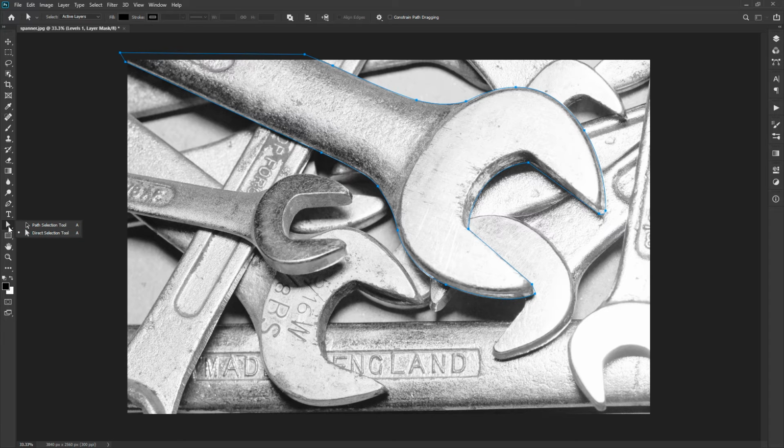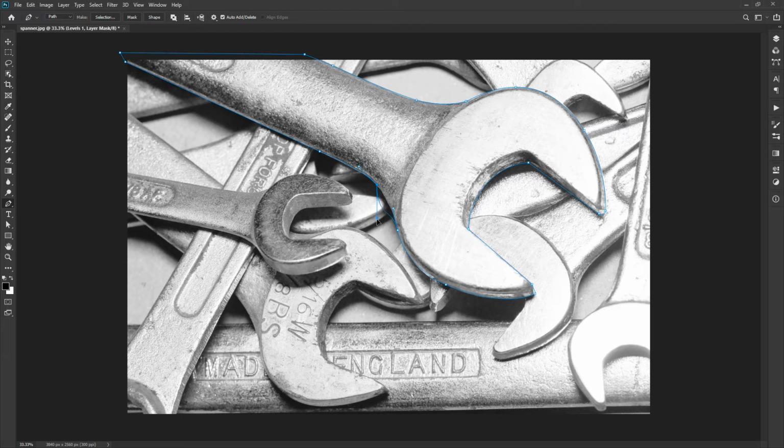Similarly, when you press the Alt key, the tool is converted to the Convert Point tool for temporary use. The Control key is used to move the anchor point as well as the direction handles. The Alt key is used to break the link between the direction handles of the same anchor point as well as moving the direction handles independently. Once the handles become independent, you can move it by any of the Control or Alt keys.